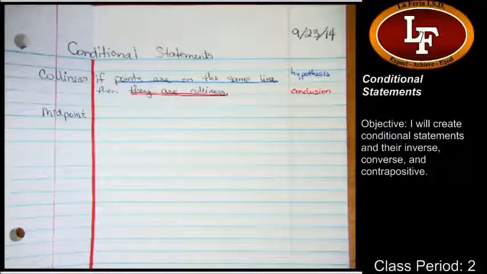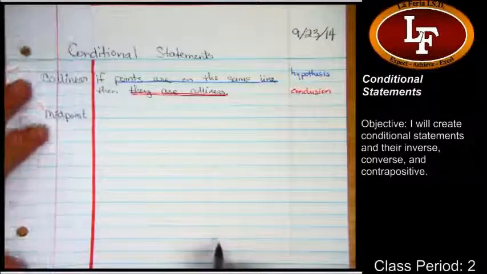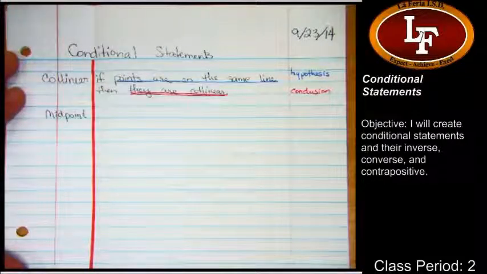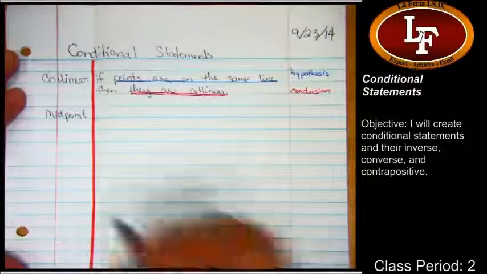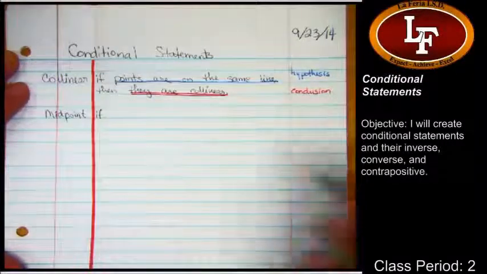Let's be a little more specific. If it's in the middle, what does it do to the segment? It divides it into 2 segments, and their measures are equal. So then, let's use another word for equal. If they have an equal measure, then they are congruent. So if a point divides a segment into 2 congruent parts, then